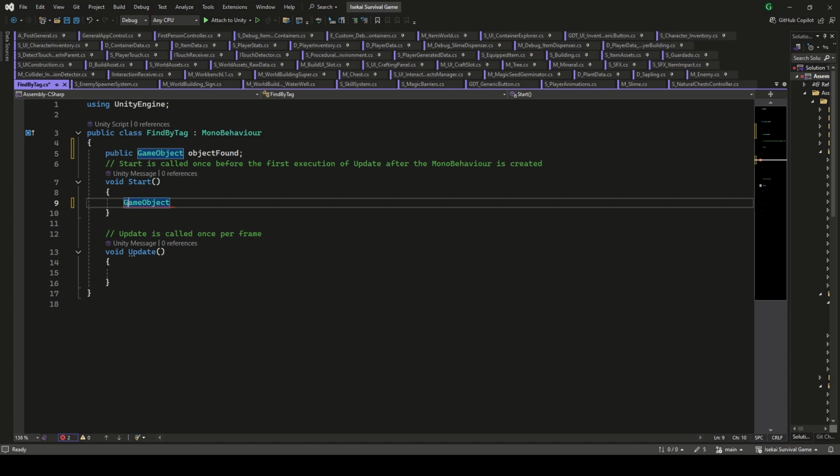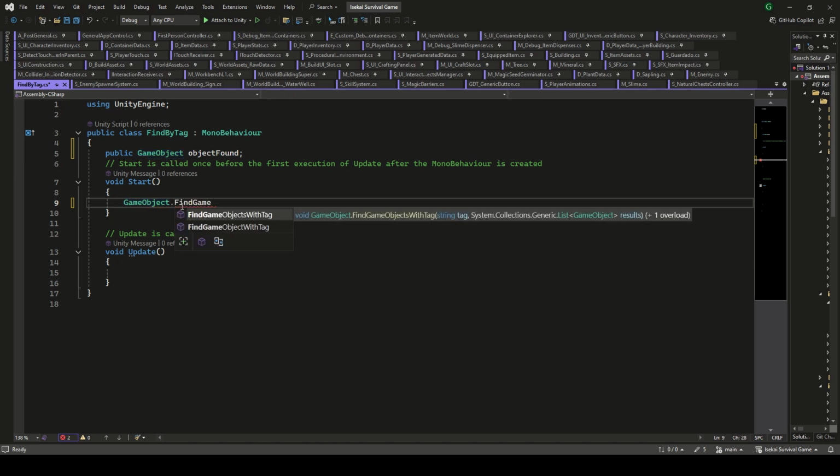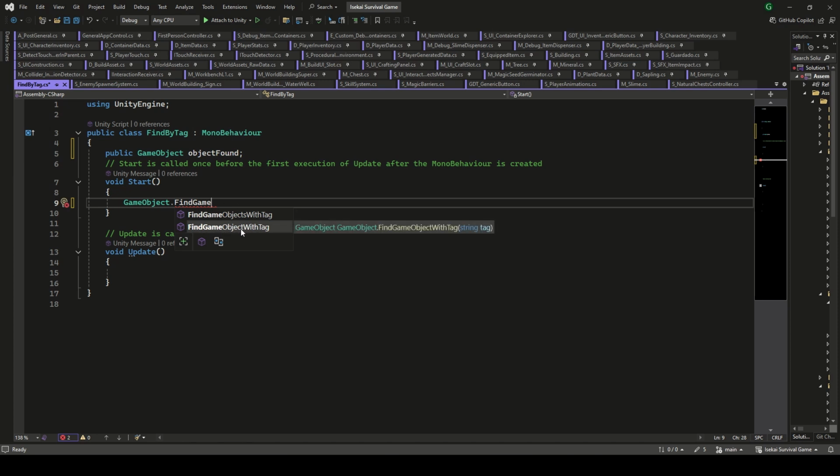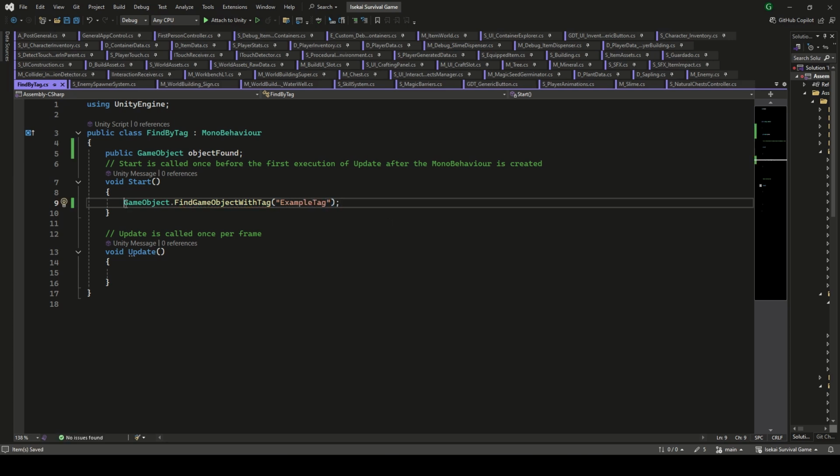GameObject, with the first letter in uppercase, dot find GameObject.WithTag. Make sure you choose this one. In between parentheses and in quotations, we write the exact name of the tag. So this function will search on the scene, and if there is an object with this tag, it's gonna return it. So this instruction is equivalent to a GameObject, and therefore we can assign the instruction to this variable we